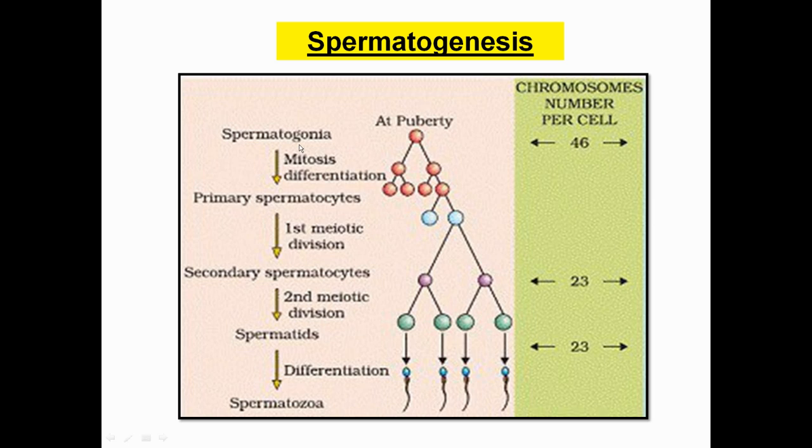Red color cells are the spermatogonia. These are the diploid cells. And you can see they form their own multiple copies by the process of mitosis. One cell divides into two, and each individual cell again goes for mitotic division, forming again two daughter cells. And these are all diploid and similar to the parent one. There is no demarcation or differentiation from the parent one. These are exact replicas of the parent cell.